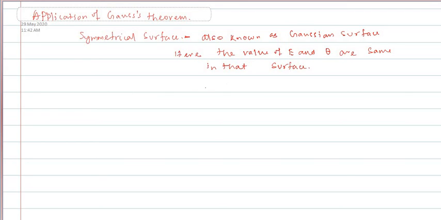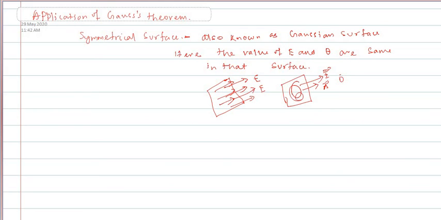So that means if this one is your surface, and this one is a point, what is the value of E here? The same value of E here also. That means at every point the value of E is the same. Understood? Similarly, theta is also the same. So if this one is E and this one is an area vector A, the angle between them is how much? 0.